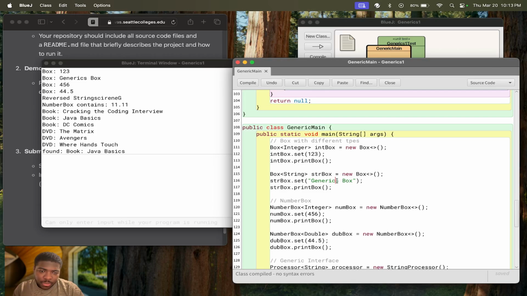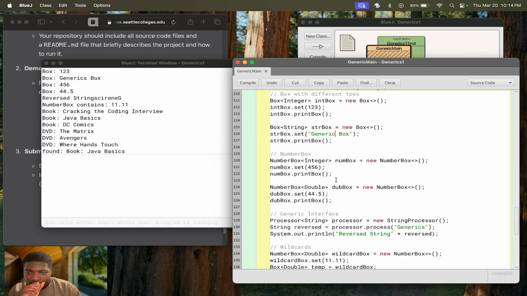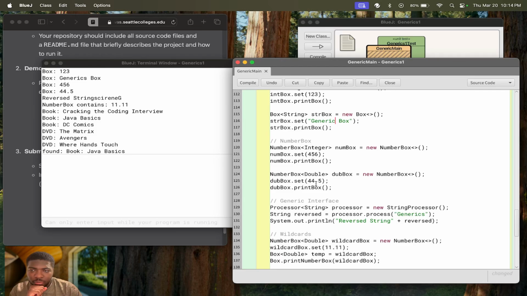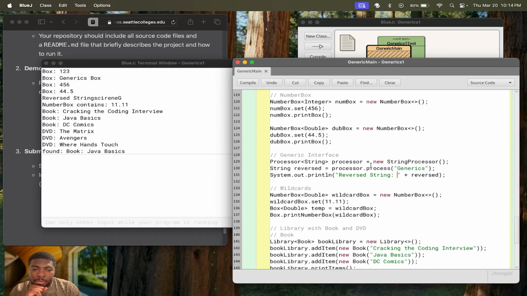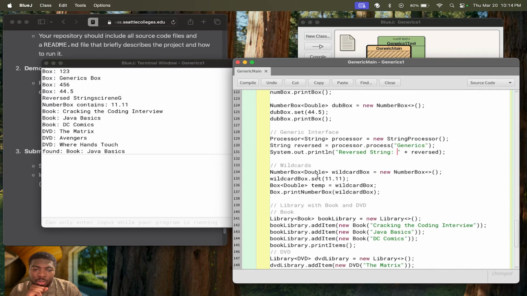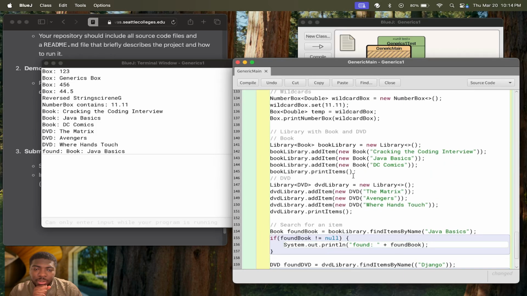Let me do just a quick grammar fix here. We print as well the integer 456. We print as well the double 44.5. We printed as well the reversed string generics. So we printed the reversed string generics. And as well our wildcard box. We printed a double 11.11. Our library as well. We printed